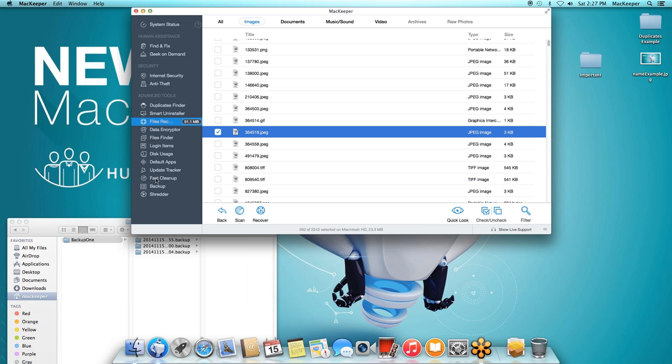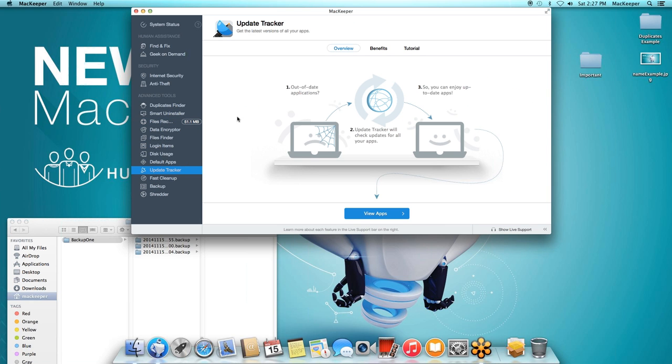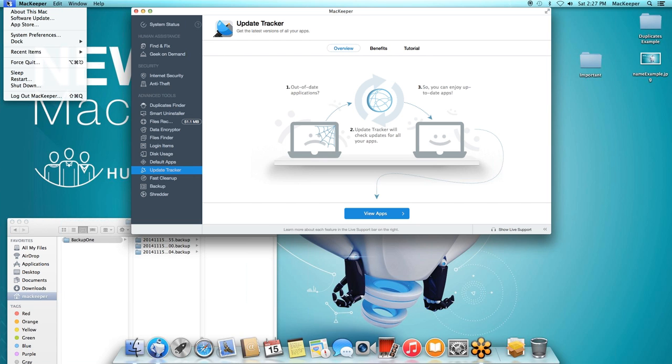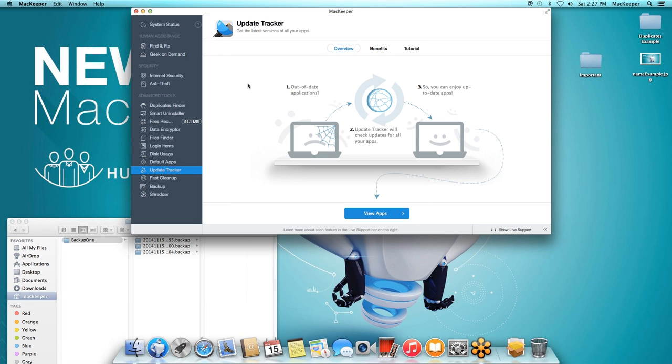And the final, last but not least tool is the updates tracker. Apple did a great job with keeping the default applications and applications installed from the App Store up to date. To check those, we can click the Apple icon in the top left and choose Software Update. And that will open up the App Store and check for available updates for applications that were installed from the App Store